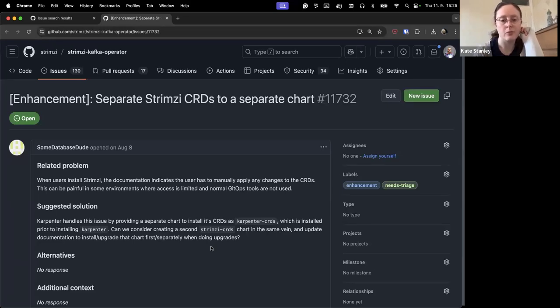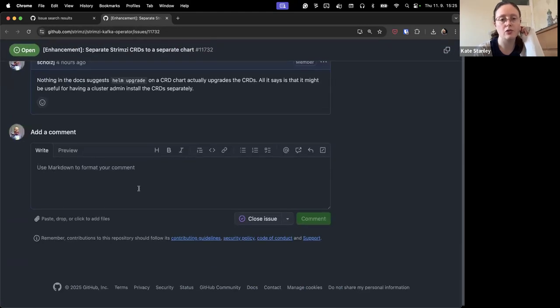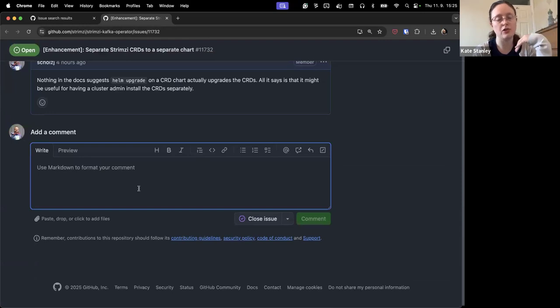My understanding is that the benefit of having a separate chart for the CRDs is that you can install the chart and then run a Helm upgrade, which will install the new chart. And because it's a whole new chart, it installs the whole thing. I know it doesn't explicitly say it in the docs, but that's my understanding from the brief reading that I've been doing.